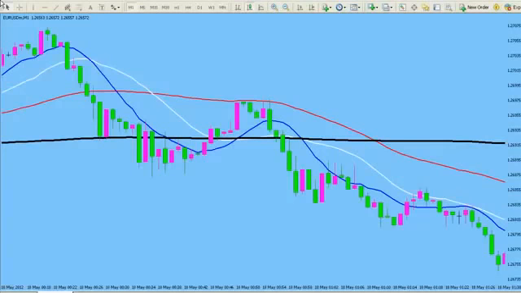Before you, you have the Euro USD on the 1 minute time frame. And what I want to ask you is, what is it that you see? I'll tell you what I see. I see opportunity. Now this is during an Asian session. It actually has a little bit more liquidity than your normal Asian session, but I'm using this to illustrate a